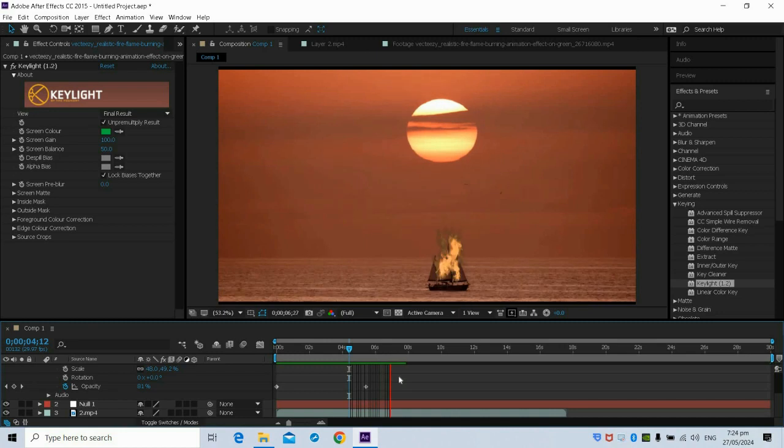Okay, until the end of the video, the opacity is 81% or higher, from 0% up to 81%. So that is the opacity of the fire effect.